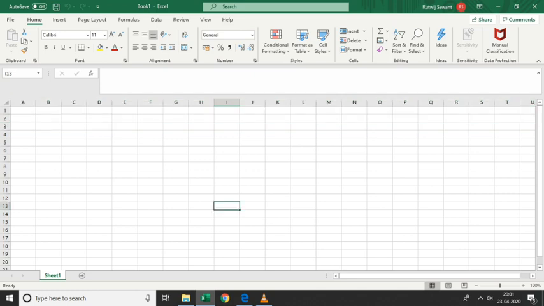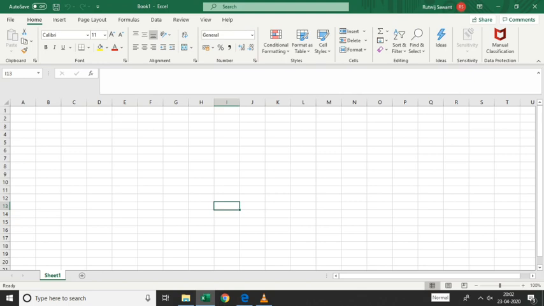On the status bar, as you can see, it's written Ready. In MS Word we used to get the number of pages, and in PowerPoint it used to show the slide you are working on. Here it's not anything like that. But towards your right side you will get three layout options. Normally we work in the normal layout, mostly.